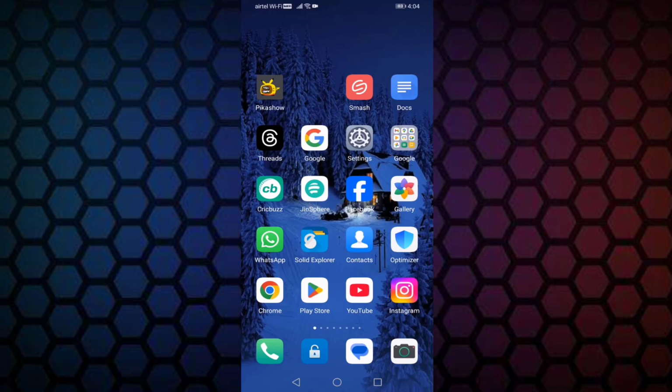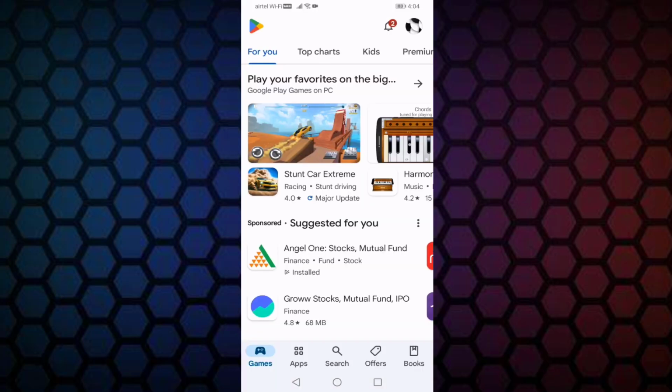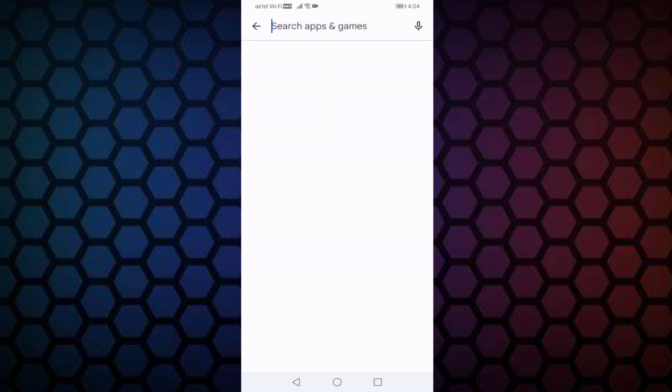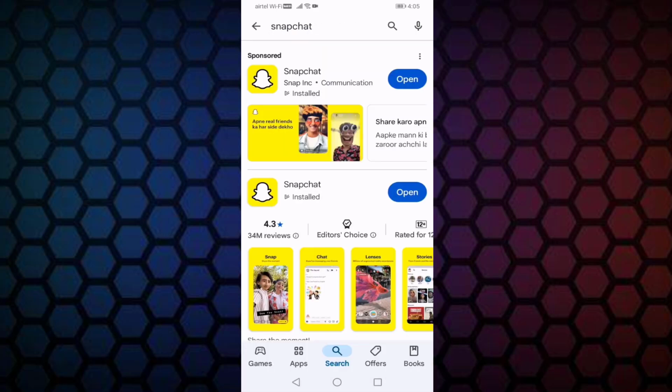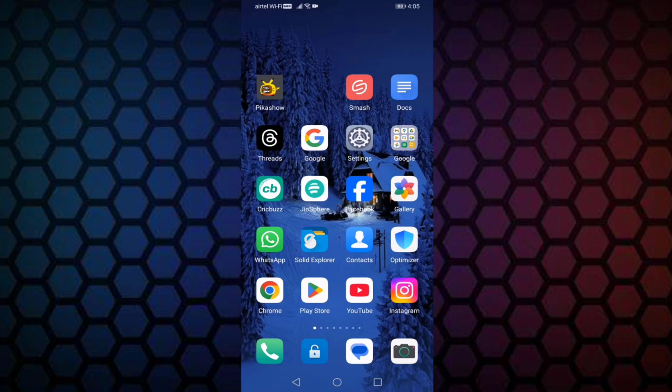Guys, if you are also facing this error, then I will show you how to fix this problem. First of all, check whether your Snapchat is up to date or not. For that, you need to open your Google Play Store. In this, you search Snapchat. Check whether your Snapchat is up to date or not. If your Snapchat is already up to date, then go back, go to the settings,